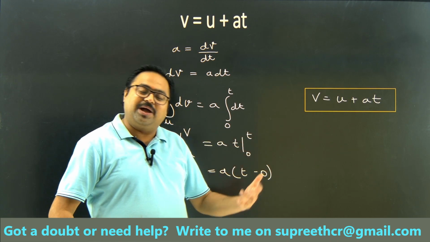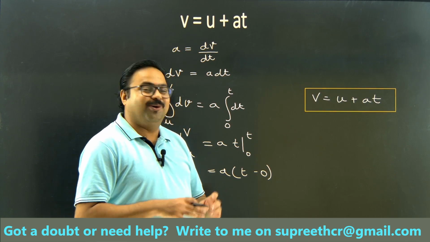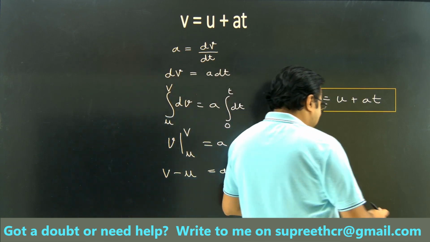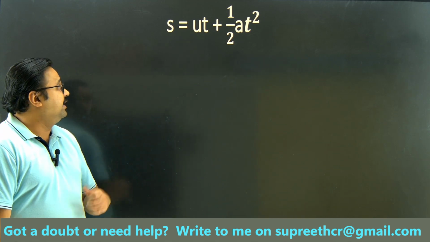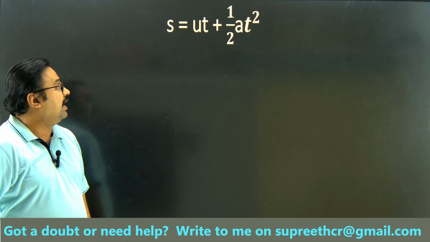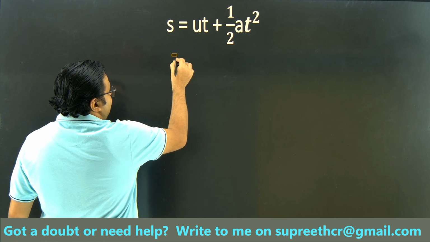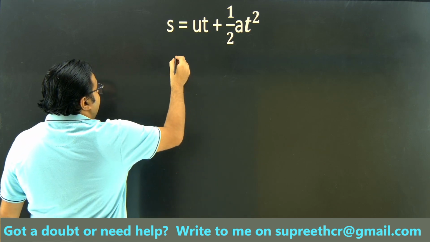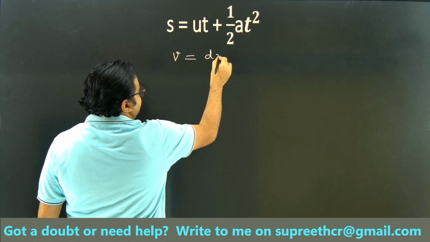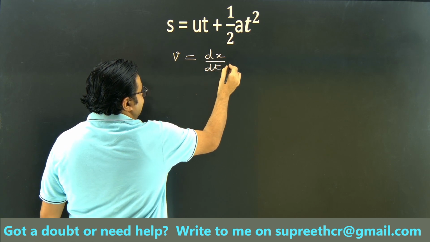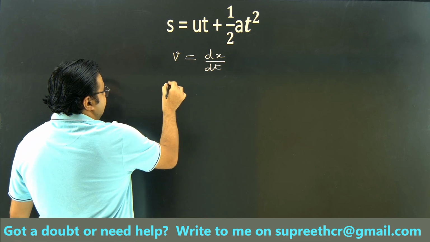Of course, you have already derived this equation using the graphical method in your lower classes, so I chose to do it using calculus. Let us do the second one, which is the derivation for S equal to ut plus half at square. Well, now velocity of a body is defined as the rate of change of displacement. So I choose to write it as dx by dt. You can write dx